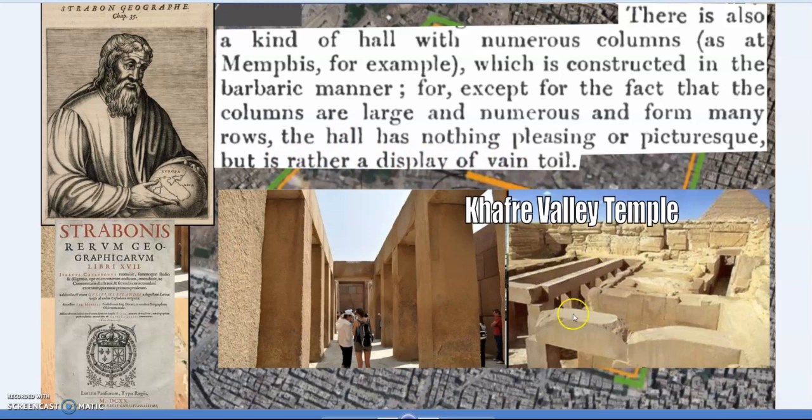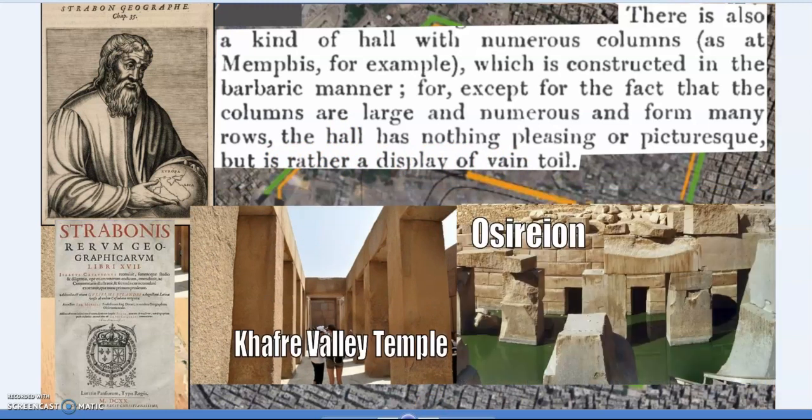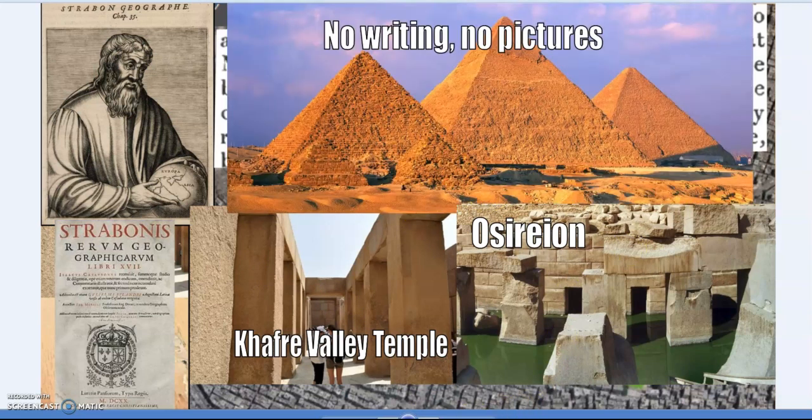Very much in the form of the Khafre Valley Temple or the Osireion. You don't have these hieroglyph-covered walls and columns. What we have is a barbaric manner, nothing pleasing or picturesque, a display of vain toil. Very similar to the pyramids, which are amazing for their size, but there is no decoration, there is no